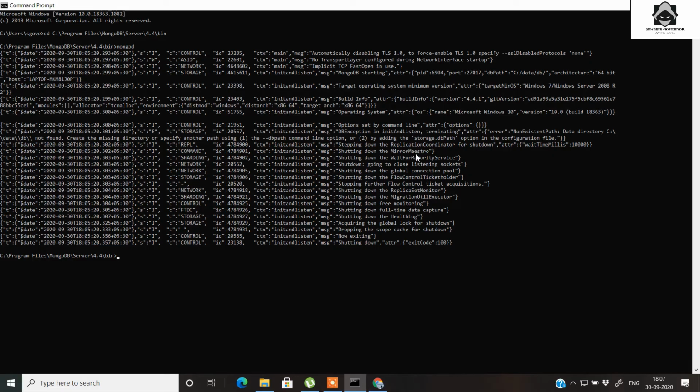So when we ran this command, you can see that we got an error of this path which is not existing. So first we create this path on this location. So you can see this is the path which is not getting found by MongoDB, which is C, data and DB. So let's create this path first and let's run the MongoD command again to run the server.